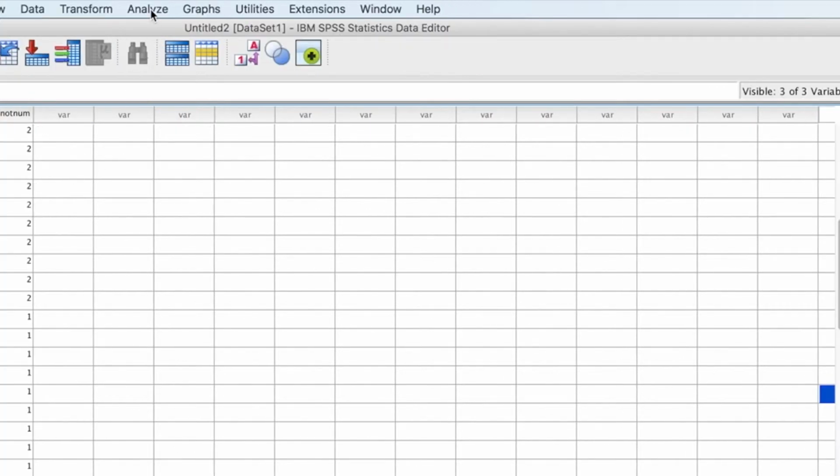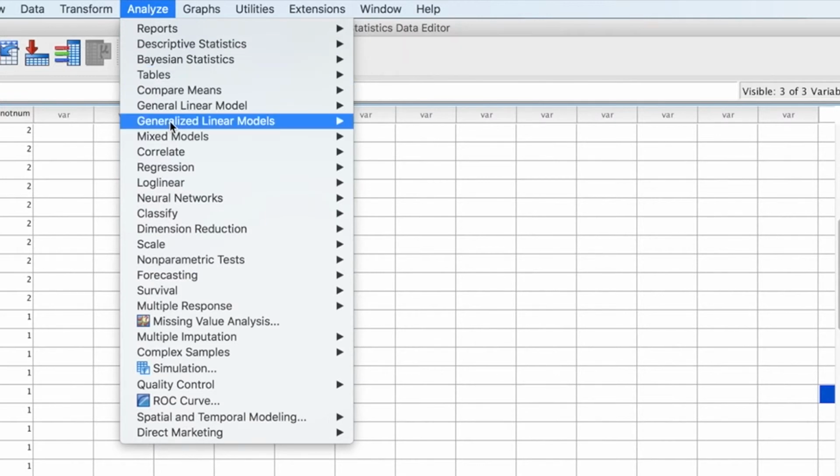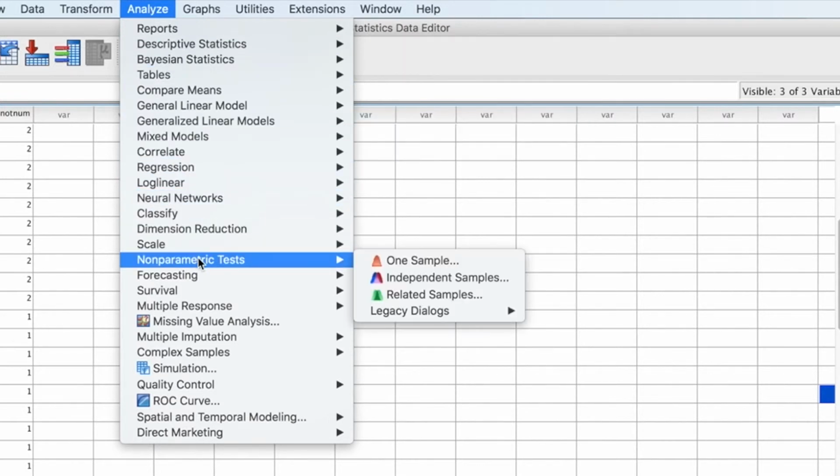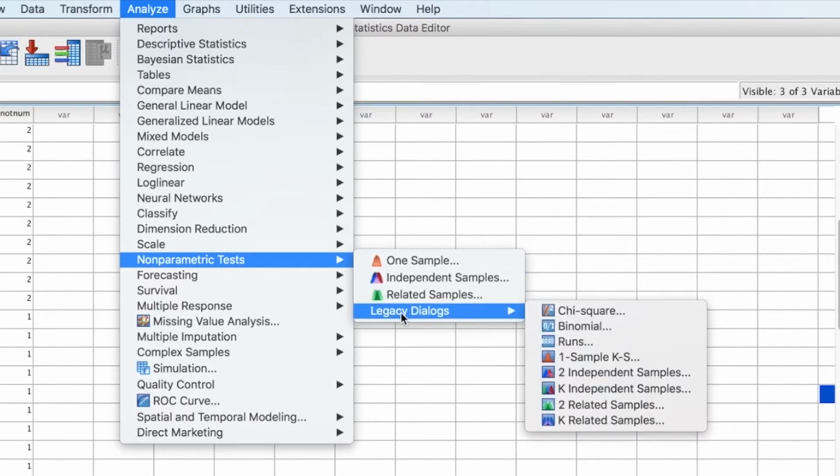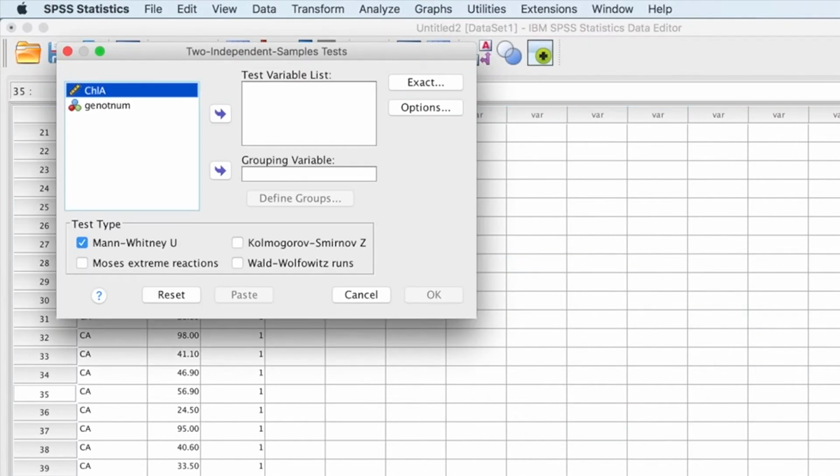Okay, so now we can go back here and go down to non-parametric, independent samples. You can also go to this legacy dialogues thing, which is kind of cool. So let's do that, and it's 2 independent samples. We have 2 samples, HW and CA. So we'll click on that, then put in